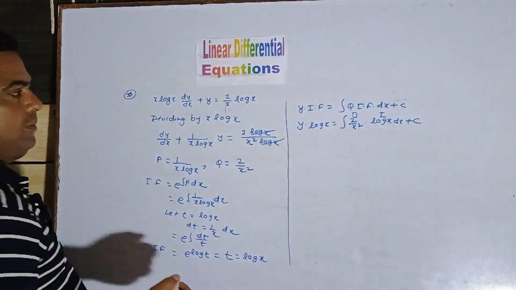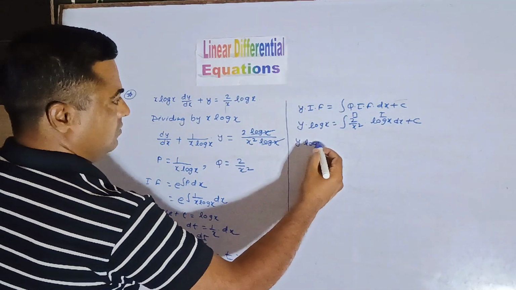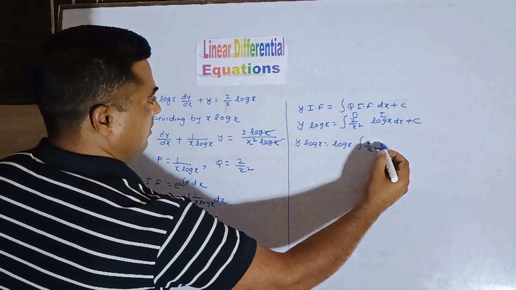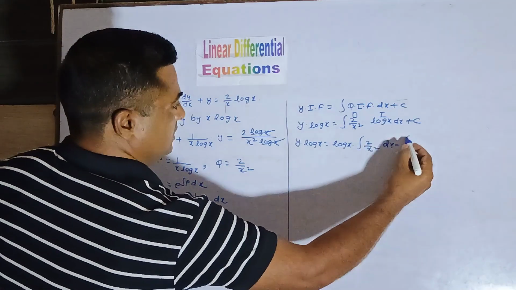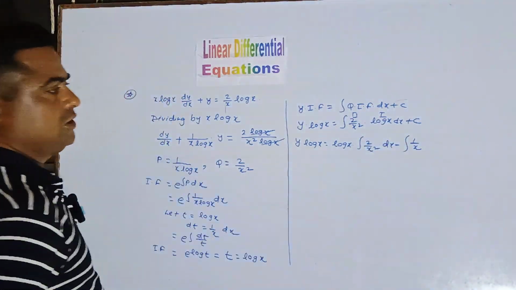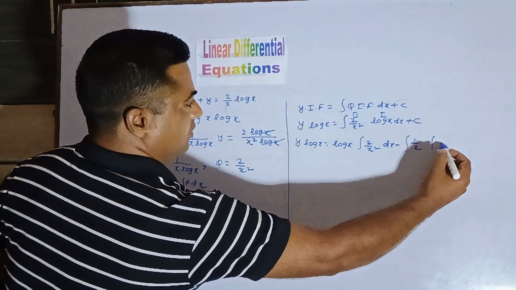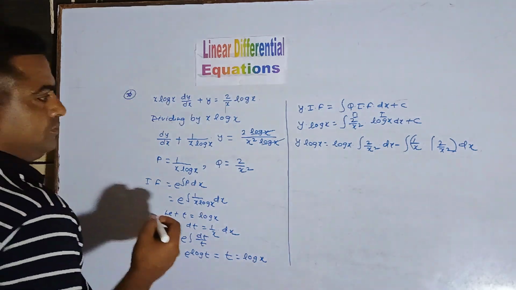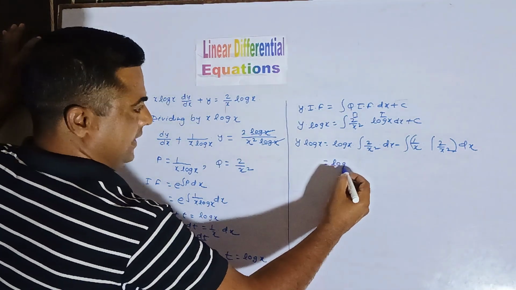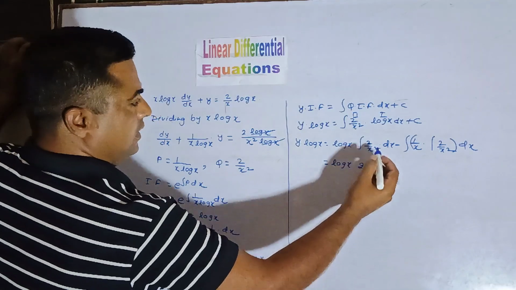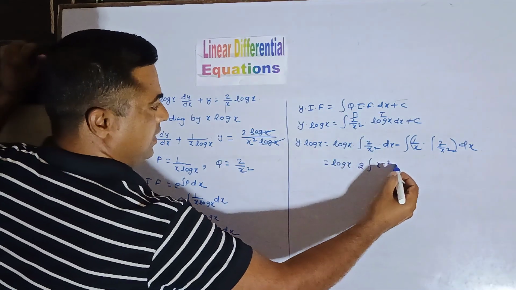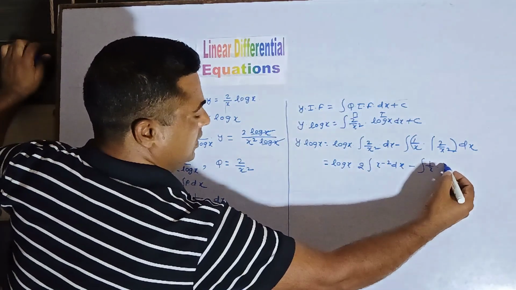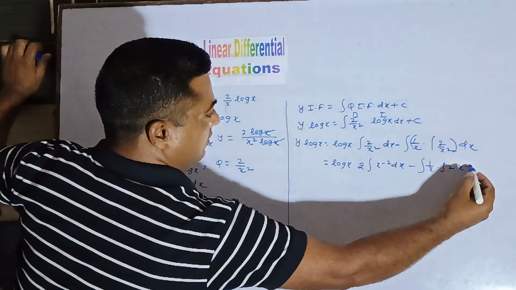We are doing integral by parts. So this will be y into log x is equal to first into integral of second. Correct? Minus integral of differentiation of first, differentiation of log x is 1 upon x, into integral of second, then the whole integral. What will we do here? We will find the value: log x into 2, and we can write it x to the power minus 2 into dx, minus integral 1 upon x into, we can write, integral 2 into x to the power minus 2 into